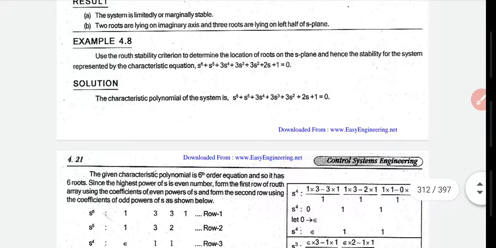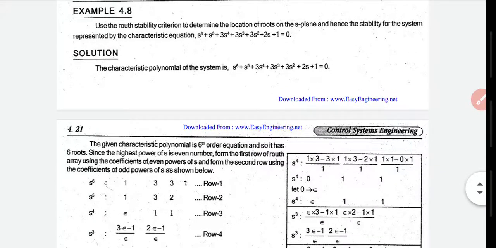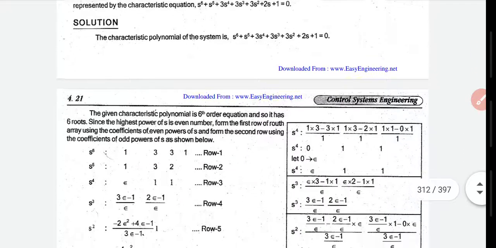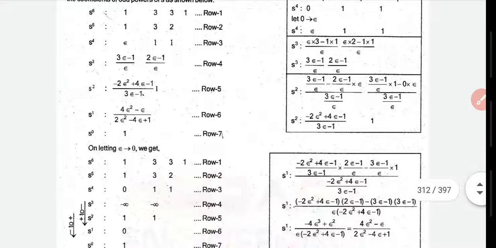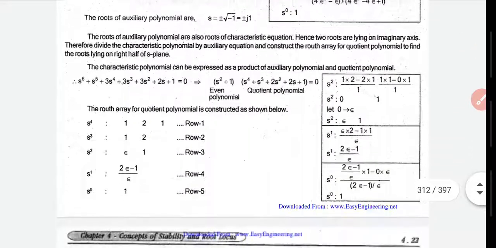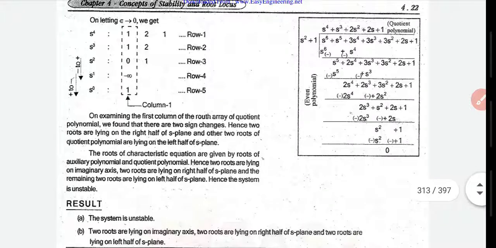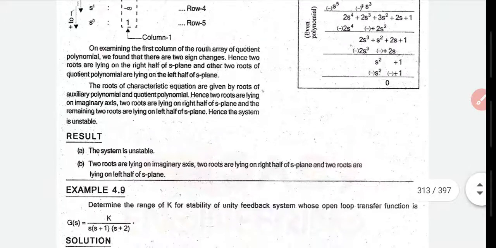Is it okay, all of you? Okay students, listen to this lecture of the route array regarding the third case, and I will give 2 assignment questions. All of you solve those 2 assignment questions. If there is any doubt in solving those problems, you can raise the questions in the next class.